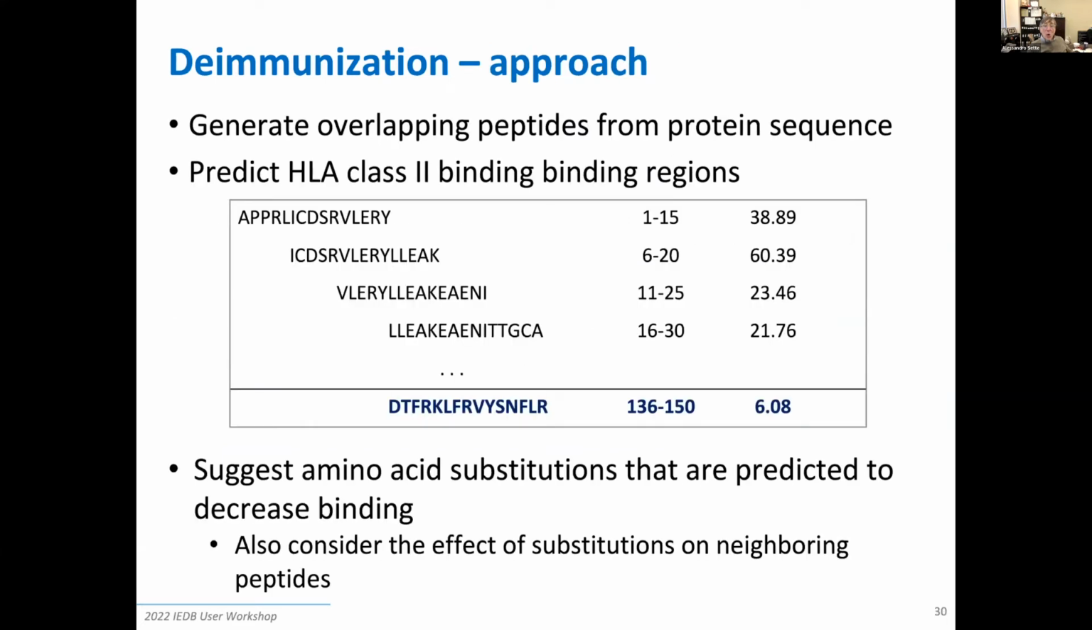And the approach here is, once you enter the sequence, the tool will generate overlapping peptides spanning the entire protein sequences and then predict HLA class II binding regions. Apologize for the duplication here. In this particular case, you will have one peptide that is predicted to be immunogenic, and then the tool will automatically look for substitutions in the sequence of a predicted immunogenic peptide